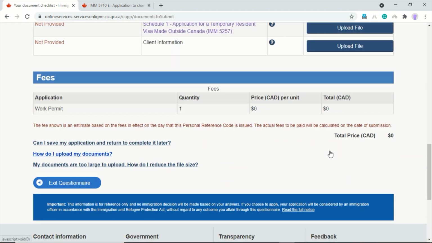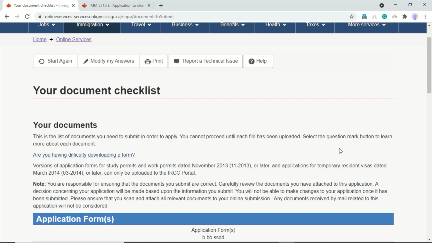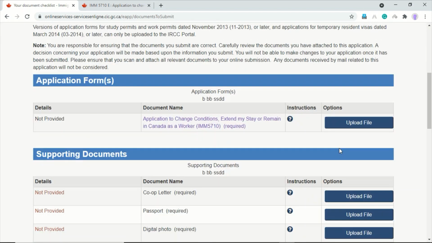Once you do it, you will see the next option come up, and you don't have to pay any fees for this. So click on next, select I agree, enter your security question answer, and click on transmit. Once you transmit it, you will get an acknowledgement that you applied for your COP work permit and it has reached CIC. Generally they take around 15 to 20 days, but due to Corona, maybe 1 month or 1.5 months. But for sure, you will get it soon.